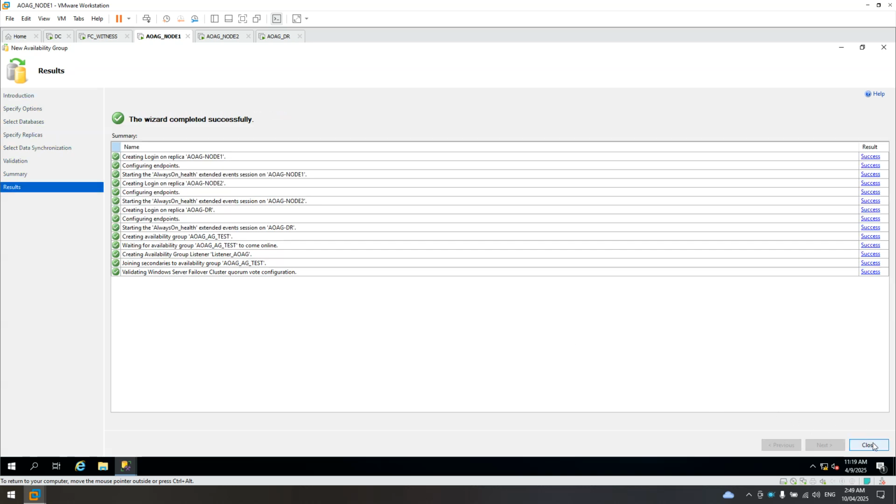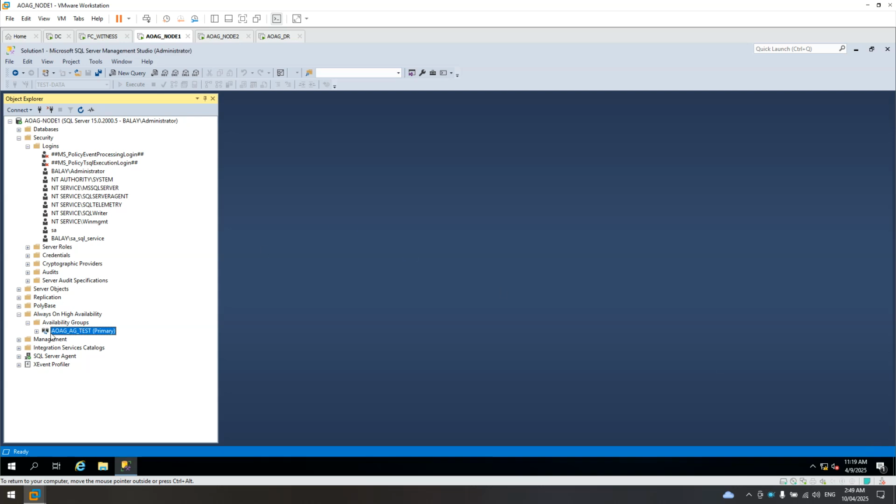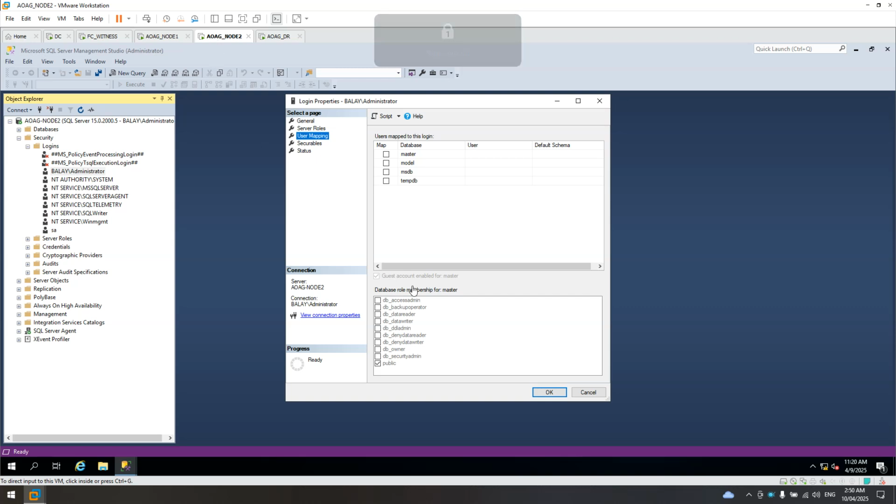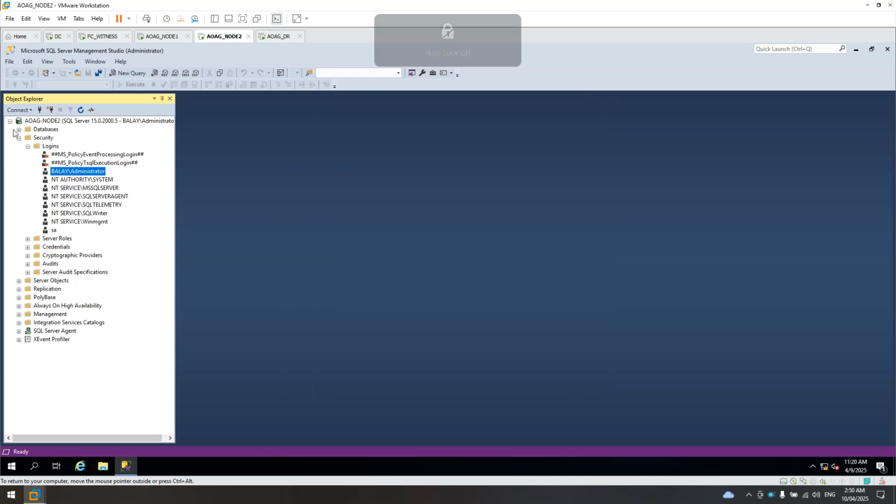All done. Click close. So if you refresh this AG, expand the AG, you will see you have a secondary node. What is this? The secondary is still creating the database, so let's wait until it's ready.